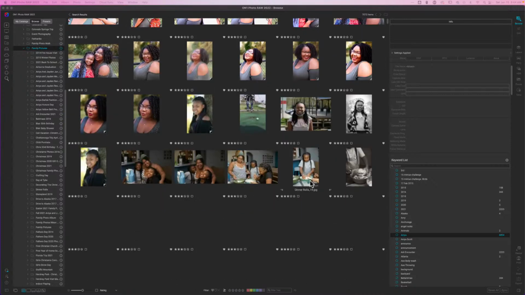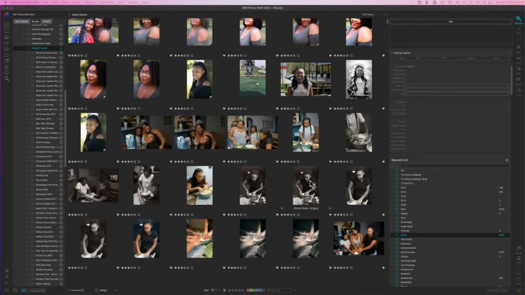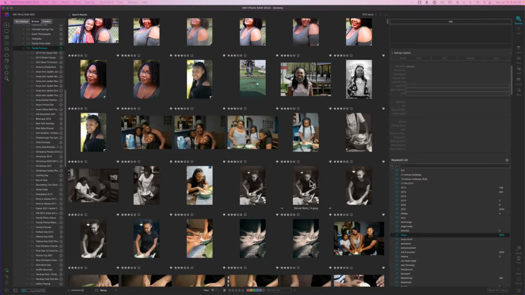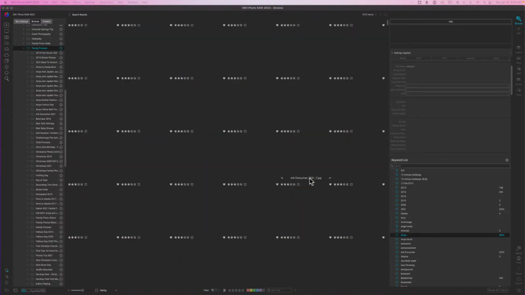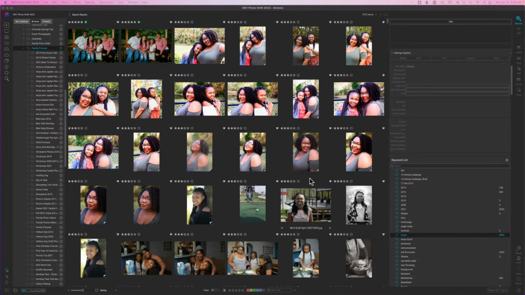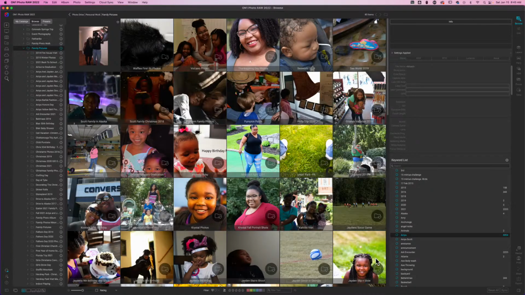So if I'm like, you know what, I know that my daughter was in this photo and I want to find photos of my daughter, now I can go and double click and pull up the keywords of photos of my daughter. I can't stress enough the importance of using keywords in your photos. Now, I turned off the keyword search there, so that way I can get that. But, you know, if I wanted to,